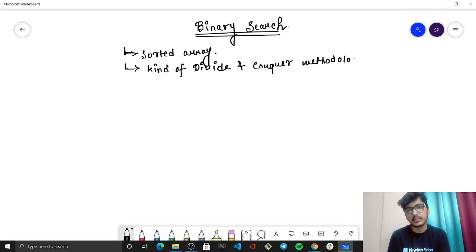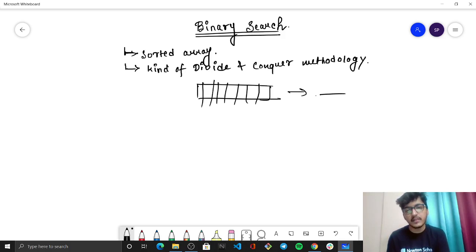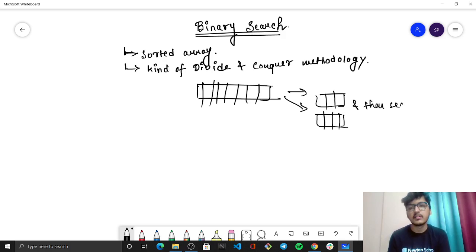What we do is, suppose there is an existing array of elements, we divide it into two different arrays, and then search for the element. This is what happens.